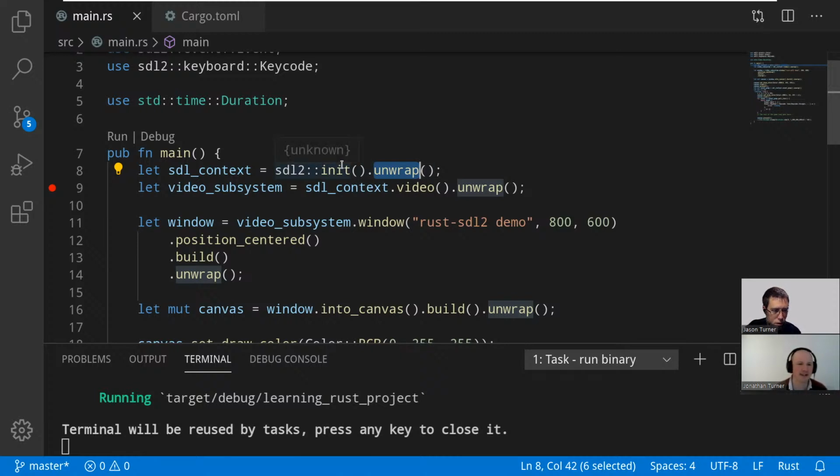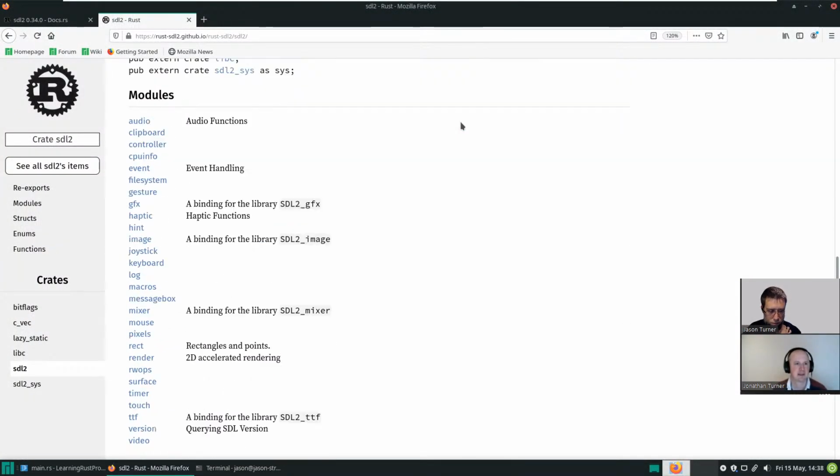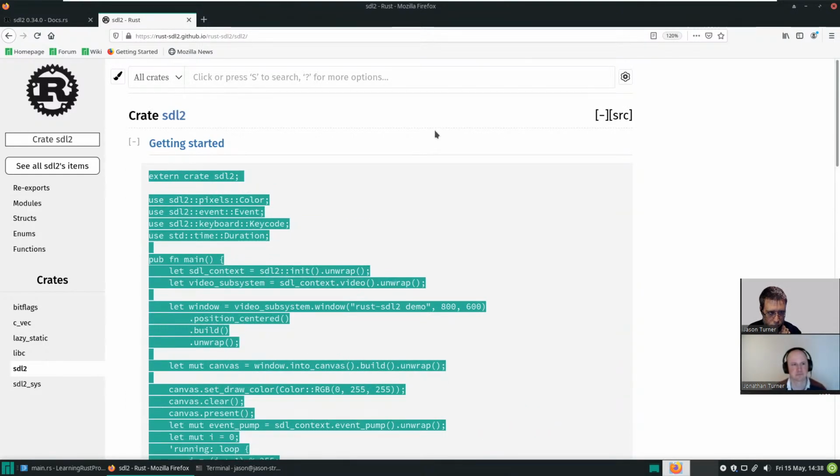So it still is having a little bit of trouble. This is Rust Analyzer, by the way. It's trying to figure out where init is and what the types are. When it can't figure it out, what I do generally is just go to the docs. So let's just pull up the documentation. And then if we go to the top of these docs,